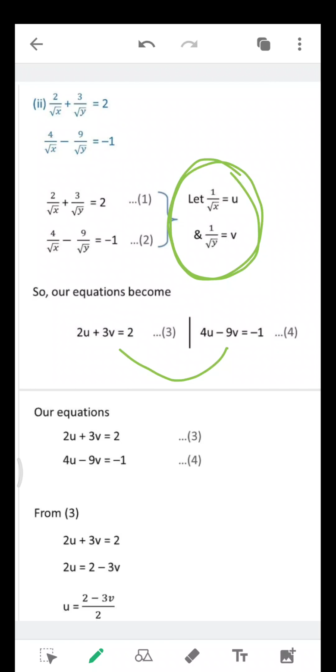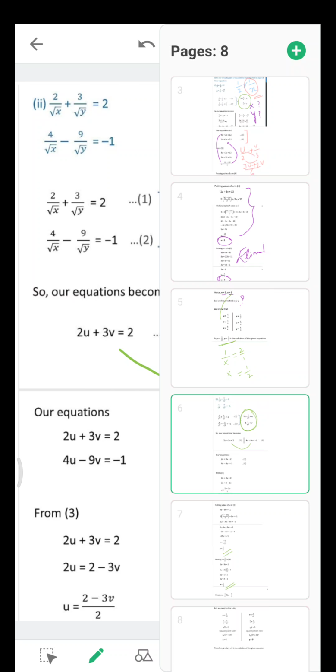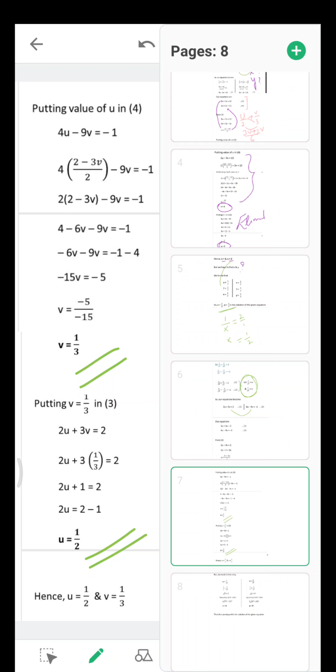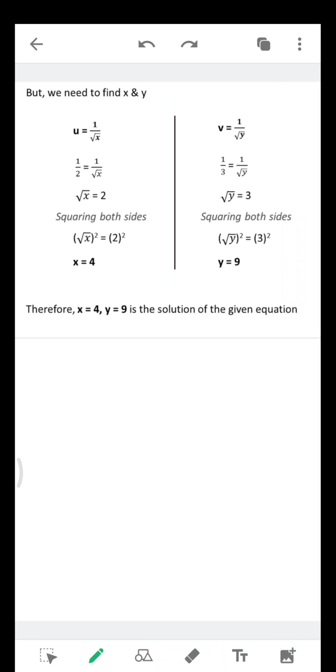Okay, so this is the concept whenever variables are in denominator. There is a direct method for solving these questions, but that may not fetch you 4 marks. Okay, you may find some direct methods also. Even I can explain those direct methods, but that may not fetch you full marks in the exam, because the question mentions to reduce them to pair of linear equations. Okay, fine. So after finding these u and v values, we'll put back these u and v values in our assumed